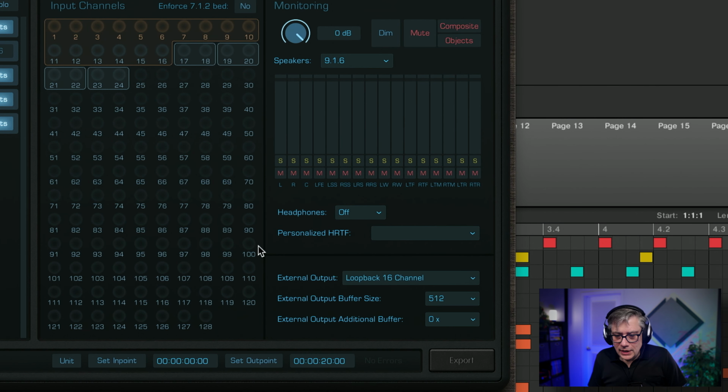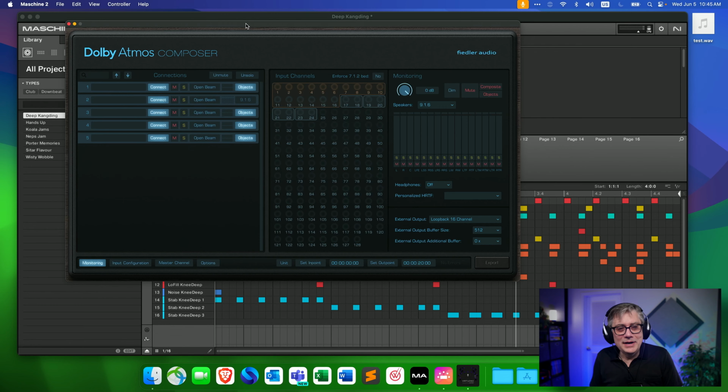Now, be aware that this can be a little bit tricky. There are a couple of settings that you can play around with, so let's just see what we hear. Currently, the way it is set up, I'm going to hear the signal twice, because it goes once through the regular output of Maschine into my headphones and then also through the external output into Virtuoso, where it's rendered. So I'm going to have the signal twice with a little delay, and it's not going to sound very good.